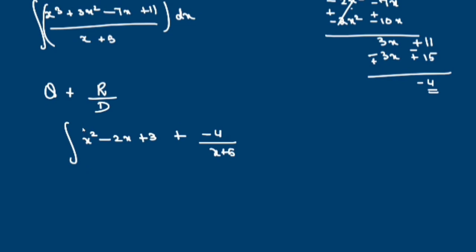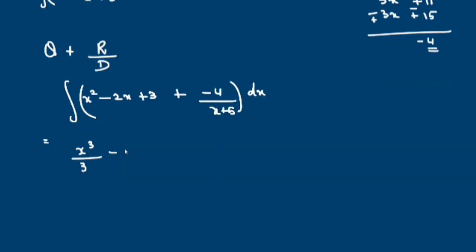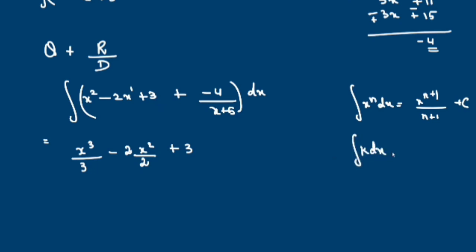Now integrate x cube by 3 minus 2. Integrate x: if x is x to the power n, n is 1, it will become 1 plus 1. So here n is 1. So it will become 2x square by 2. What about the constant? What is the integration of the constant 3? What should you do? You have to put an x. Whenever you integrate a constant, you have to put that x. So it will become kx. So k is 3 here. So integration of 3 will be 3x. Integration of 4 will be 4x. So it will become 3x.